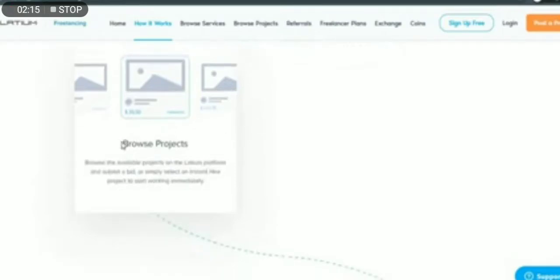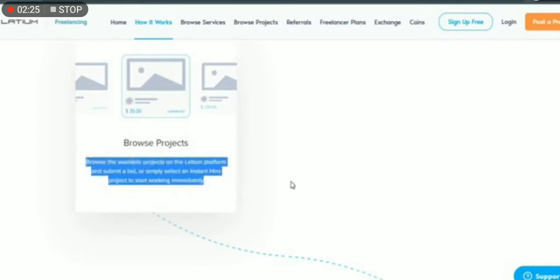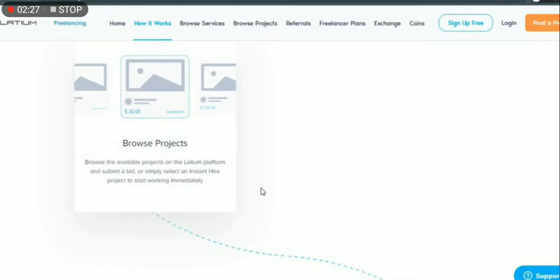But first and foremost, when you sign up for this website, you'll be able to browse through different projects similar to what I just showed you. There are different projects, different offers, and different jobs that you can do and earn US dollars, cryptocurrency, PayPal money, and a variety of other payment methods that you prefer in your accounts.